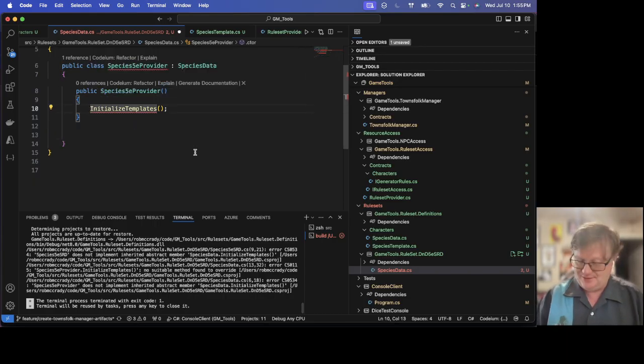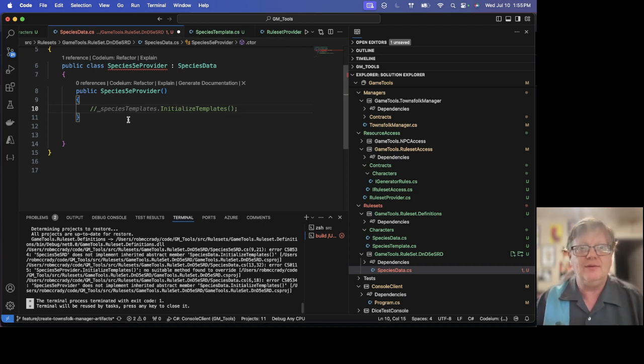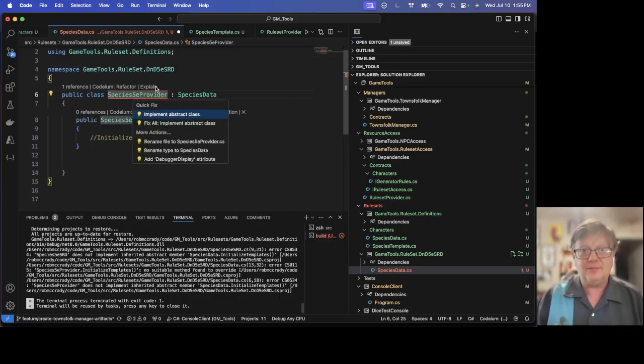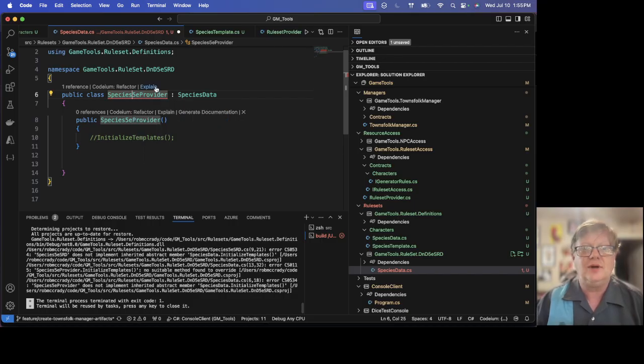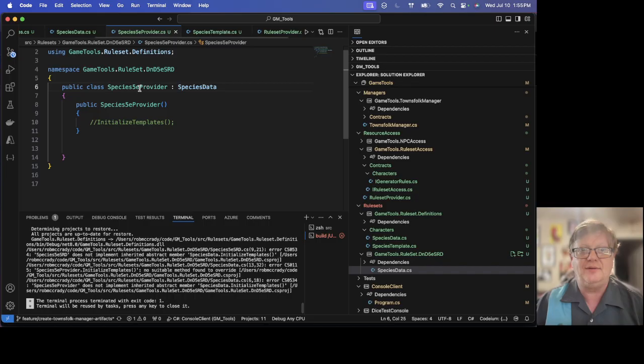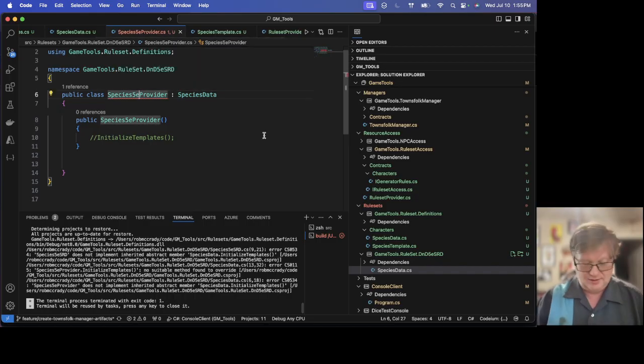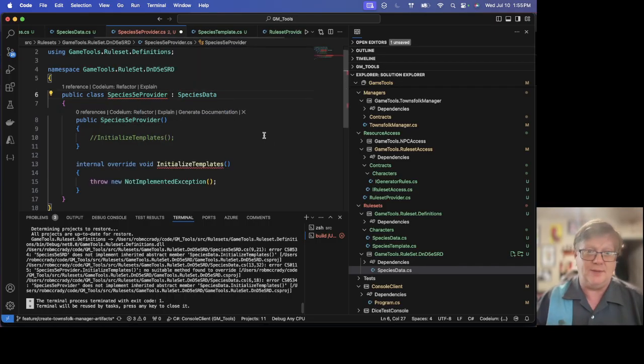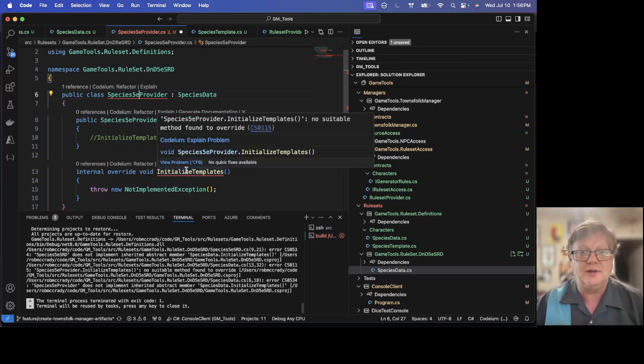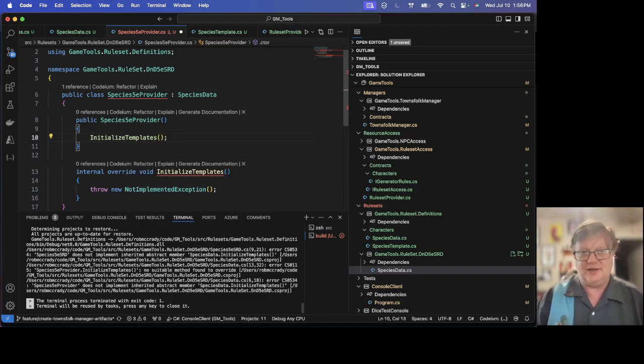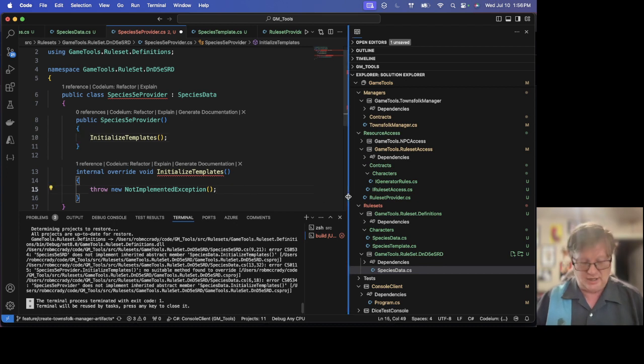So initialize templates. This is being silly. Let's comment this. GUI, 5e provider, this. Fix all implement abstract class. Well, first off, I want to rename the file to that. Now, let's try implementing the abstract class. Initialize templates, no suitable method found to override. Why are you being like this? This is incredibly silly. All right. Anyway,